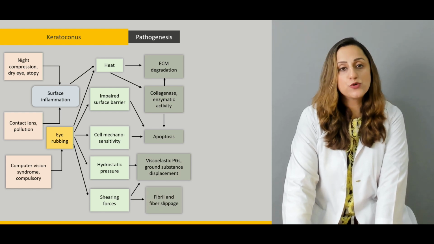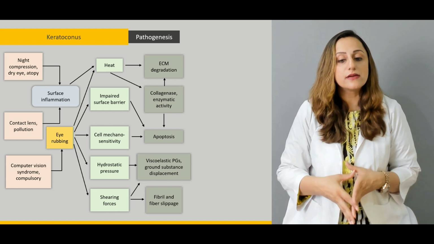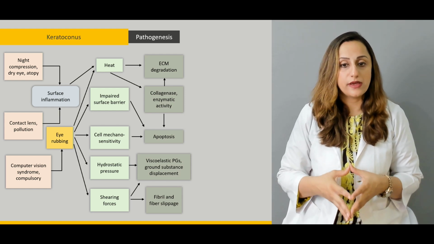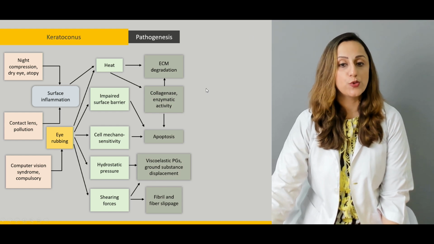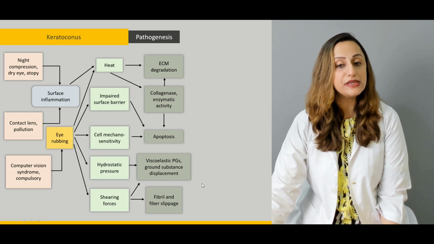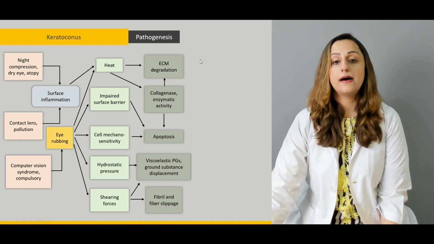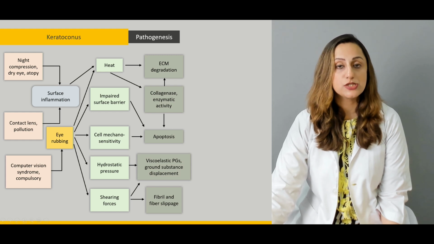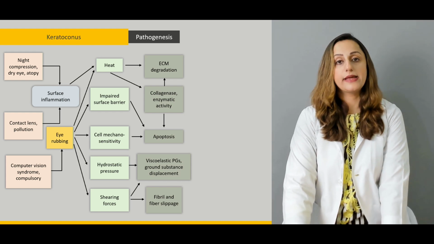The shearing forces again cause the development of these prostaglandins, or else there can be fibril and fiber slippage over here. So these are the key events. These events that are shown over here in line are the key events of the pathogenesis, which is making the basis for the development of an abnormal shape of the cornea or an elongation of